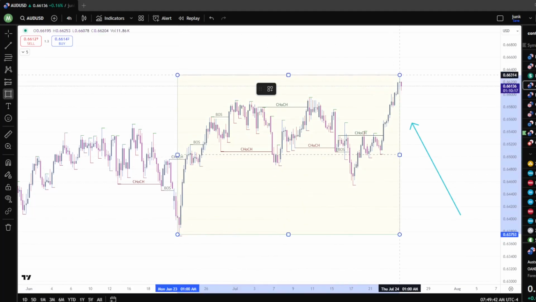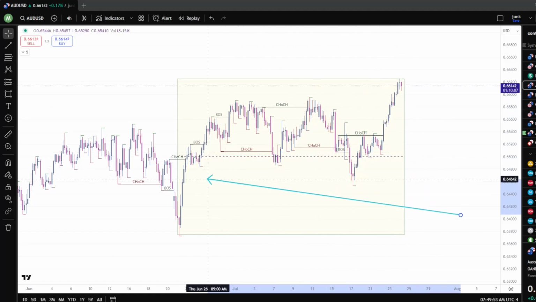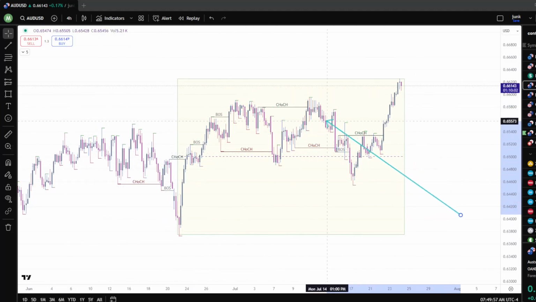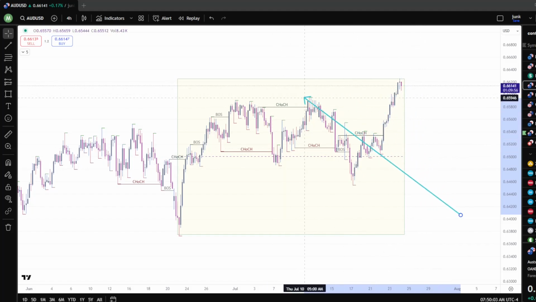Map out the current range. This was the range we have been dealing with. I said if the prices didn't close strong yesterday and it came back in, we're looking at this range still, but as you can see, this was the Wyckoff accumulation with this spring going to another accumulation pattern with this spring, and since it has gone ahead and broken past the highs of this overall range of the structure,